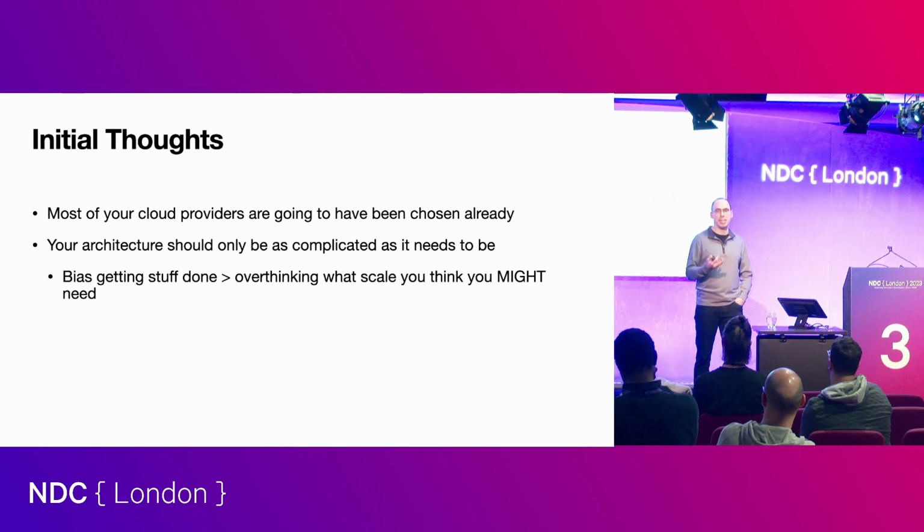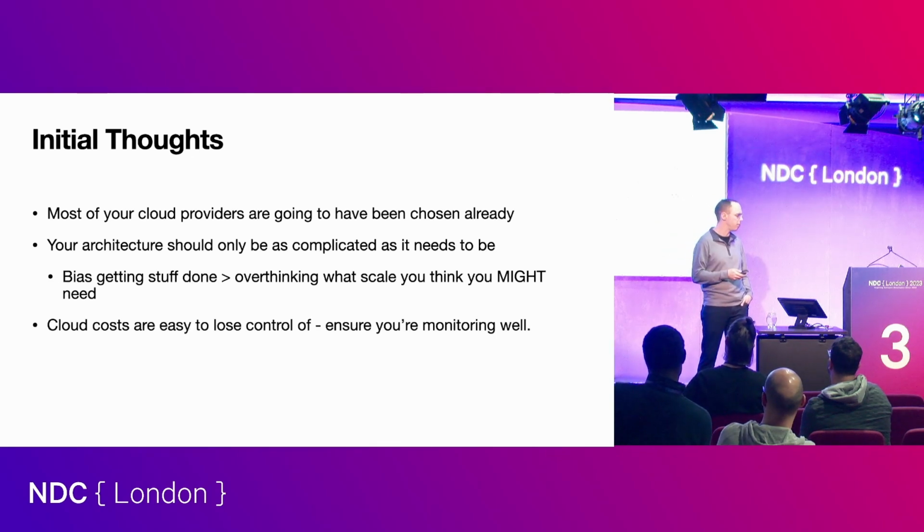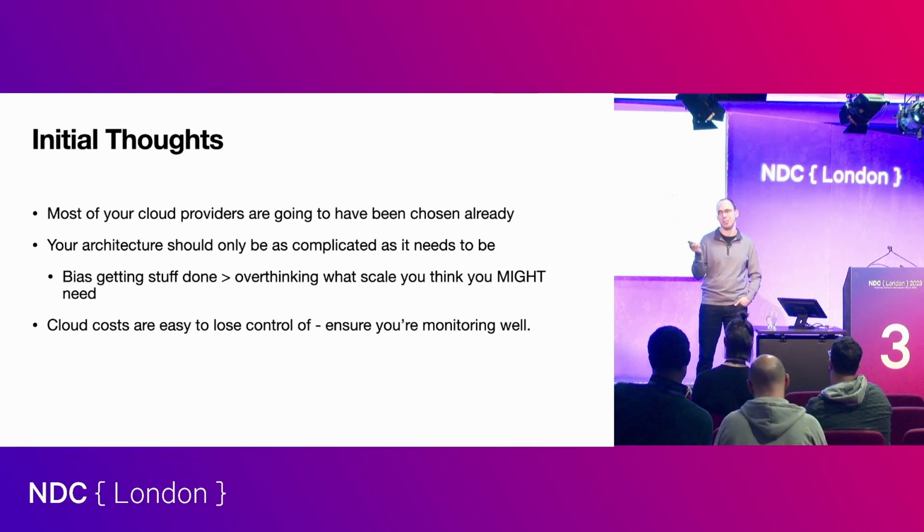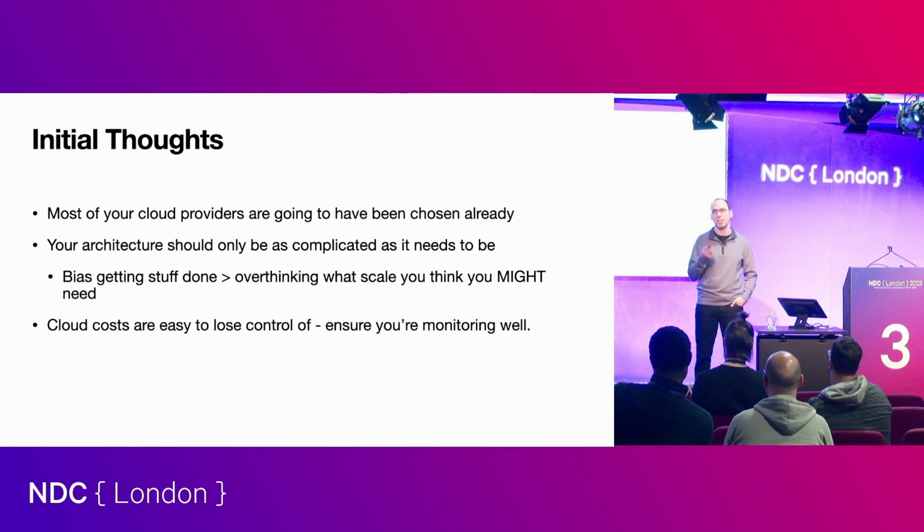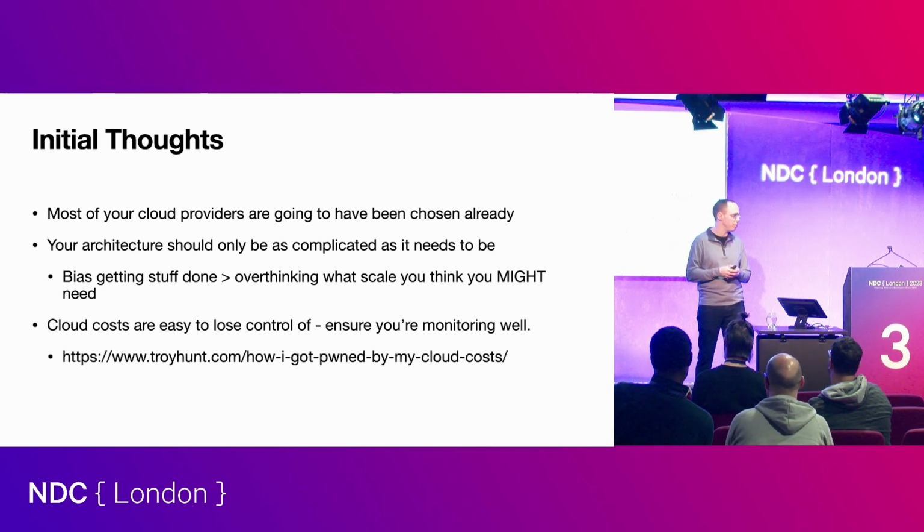My bias, again, is always getting stuff done versus overcomplicating the architecture. The architecture can be improved, unless we're talking about the stakes that we're dealing with. But generally speaking, I've always found that early delivery just is better than everything else. And of course, this is pretty typical of working in the cloud. Cloud costs can get out of control and you can lose your shirt sometimes.